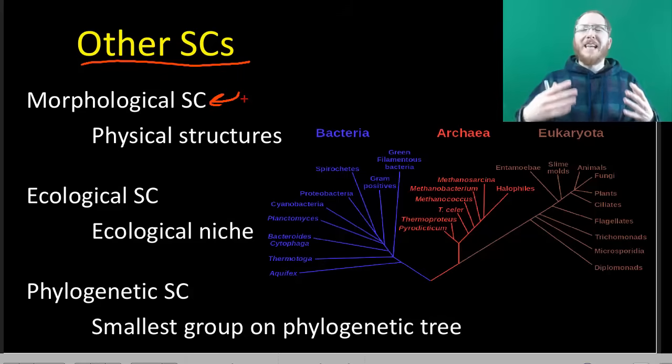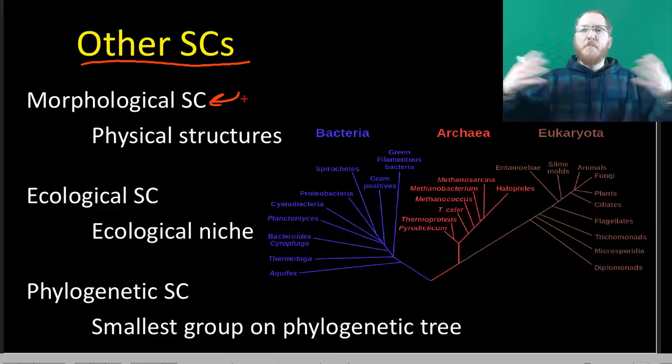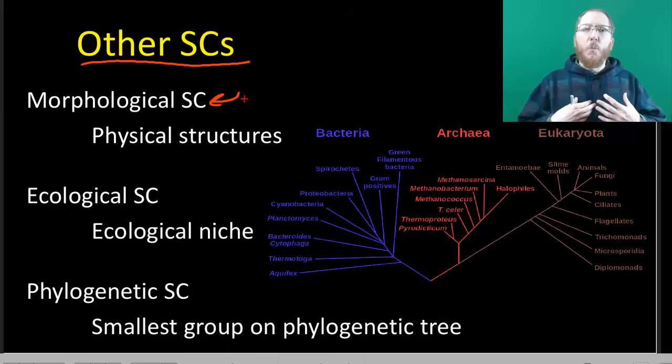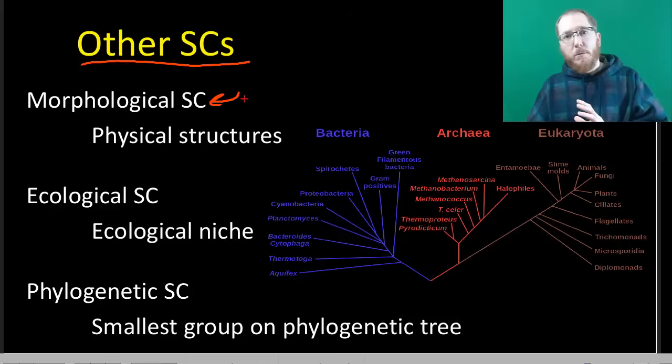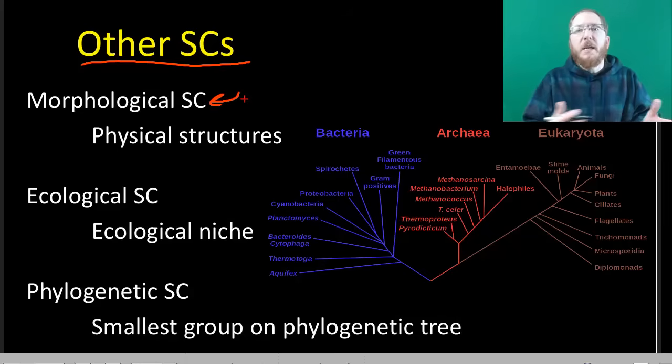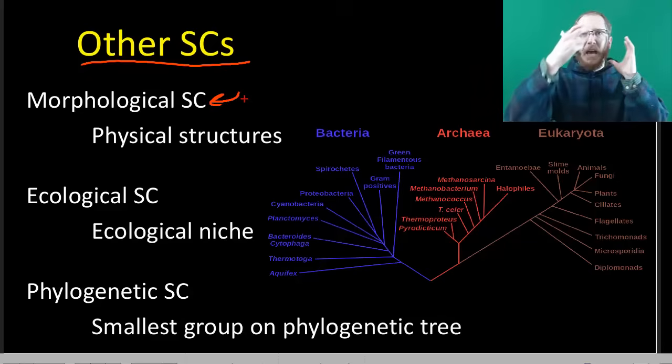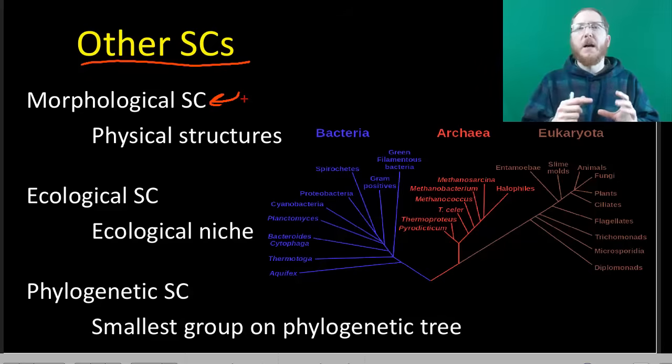So this doesn't always account for organisms that have a lot of polymorphisms within them. We'd still be able to find them in the fossil record, but we have to be careful about whether something is a juvenile of another, essentially the same species. You have to be very careful if there's something else going on. But this is still the one we fall back on most, where we look at things and say, all right, this has a different bone structure, or an extra bone, or the head is rearranged, or there's a hole in a different spot. So we're going to say it's a new species. That's morphological.